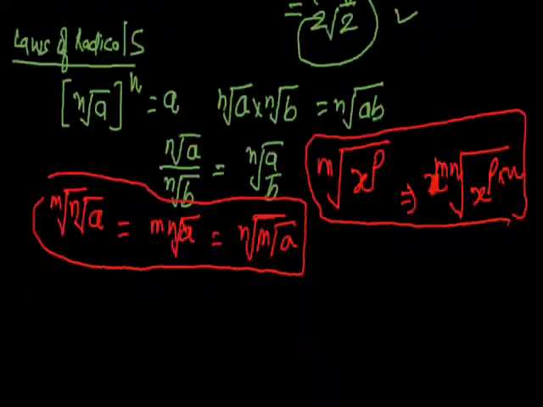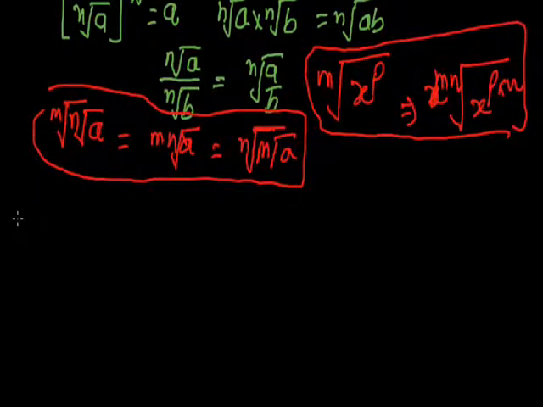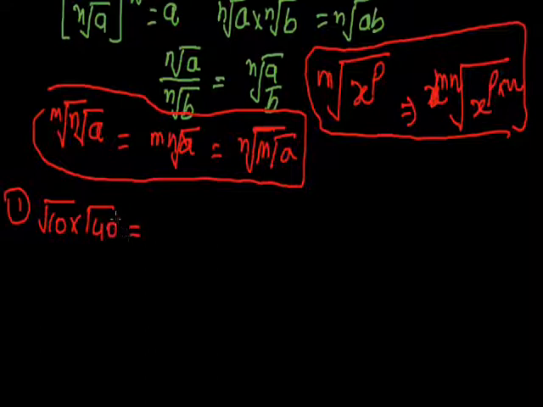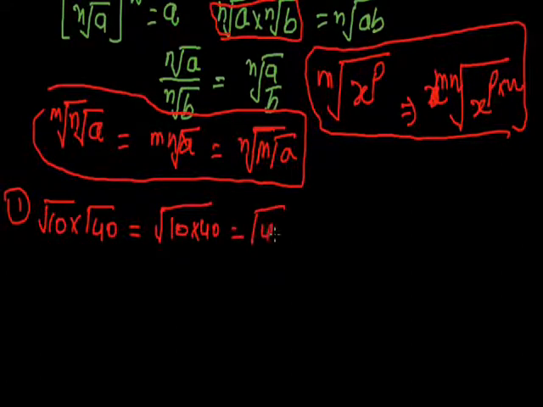Now using the laws of radicals, we can do an operation on a few radicals and find out whether they are surds or not. So the first example is √10 multiplied by √40. We need to find out whether it's a surd or not. If we apply the second law which we studied here, a into b with the same order can be multiplied. Here the same order is 2. So 10 into 40 gives me √400, and it gives me 20. So this is not a surd.